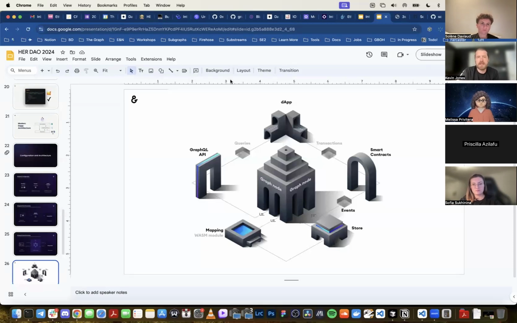I'm not going to go too much into that. You don't really need to know that. I'll explain what the AssemblyScript looks like, just so you can see that. Okay, so let's